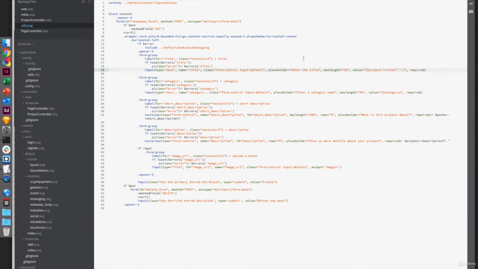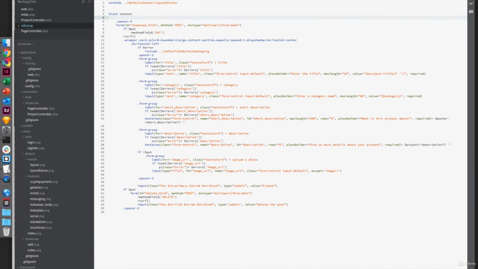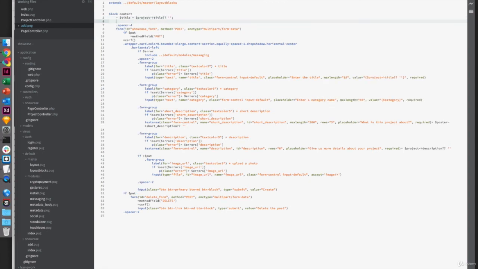So how do we go around that when Pug cannot read certain variables? There is a generic way of calling any PHP code, and that is by putting a dash. So in this particular case, we're going to create a variable. We're going to call it title, and we're going to say if $project title, why am I saying poster? Project title exists, then take it, and if not, keep it empty. And we're going to do the same thing for category. Okay, so if project category exists,